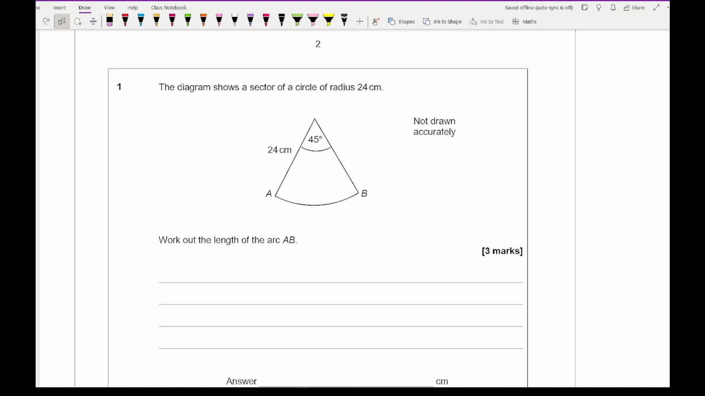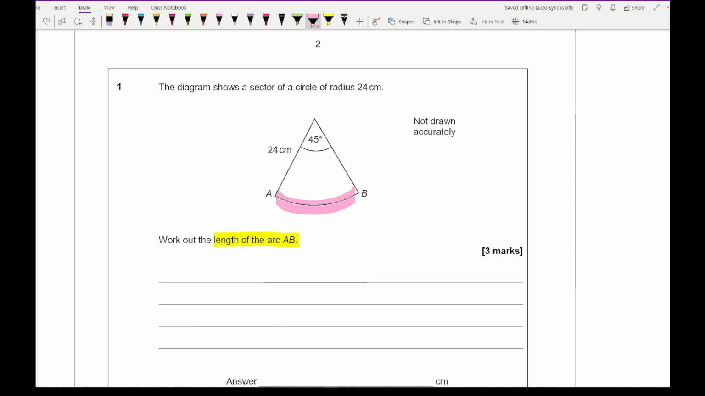So looking at question 1, it says the diagram shows a sector of the circle with a radius of 24, and the question is asking us to work out the arc length of AB. So in other words, it's asking us just to work out this length here. Now note it's just asking for the arc length, not the perimeter of the shape,